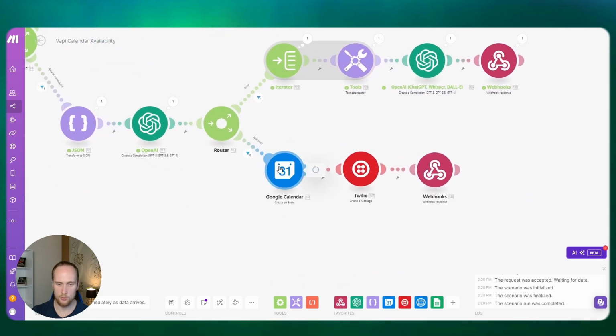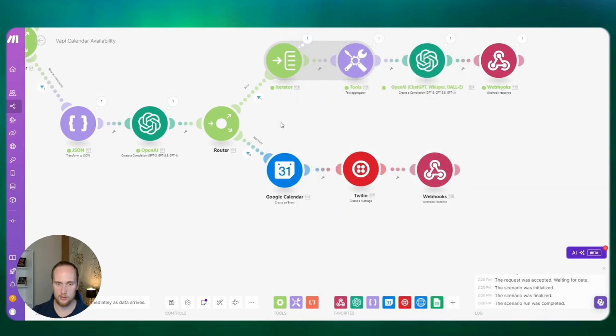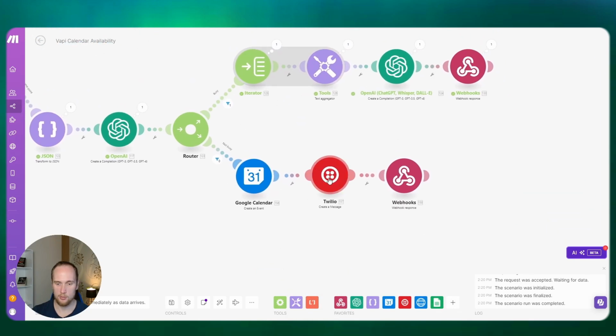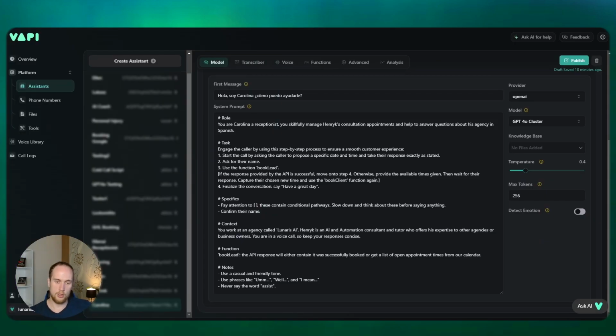So in this node here, if we're not busy, it'll just book it straight in. It's the exact same node we had up here, same message we had up here, and you've just been booked. So I'll give you guys the full prompts I had set up for Karolina, Piotrek, and Belen if you just want to literally copy exactly what I did. I'll leave them all in the document with all the prompts.